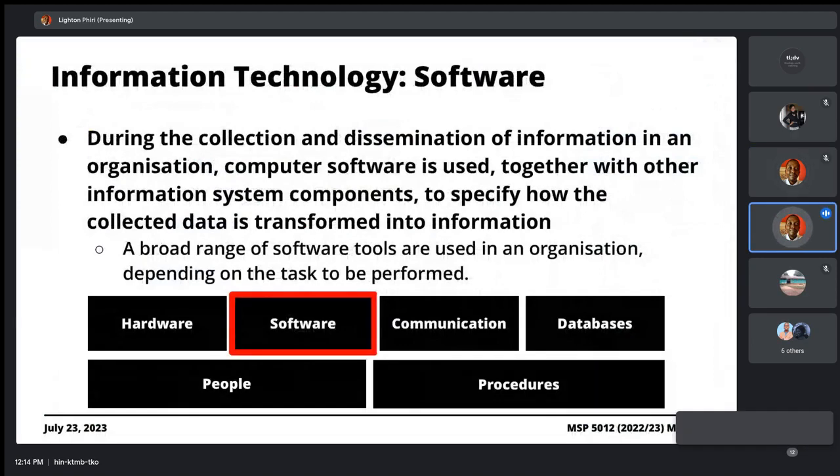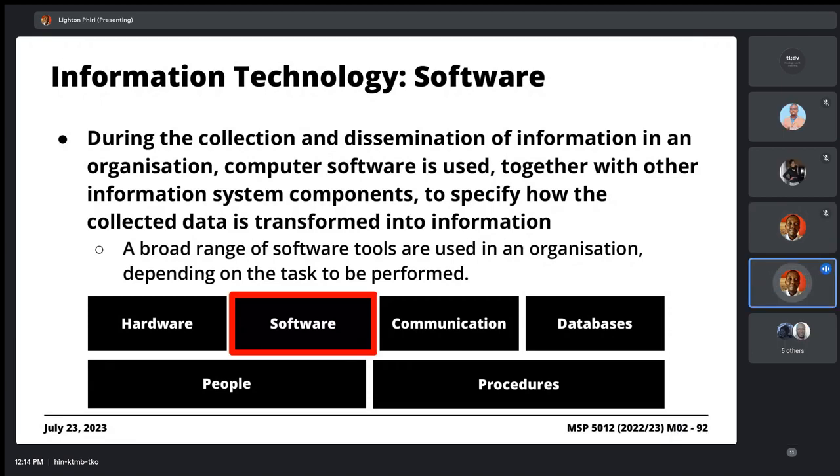I don't know if people have any thoughts about these auxiliary hardware components. This is just the last remaining bit before we transition to our discussion of the software element.